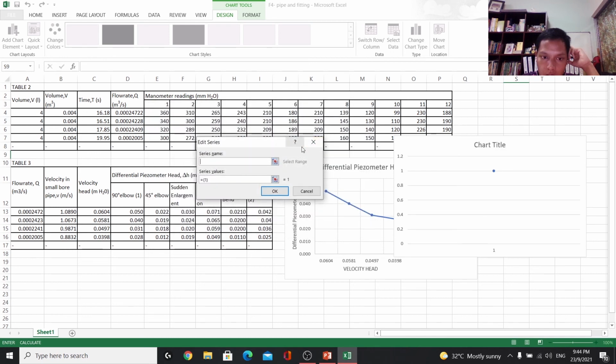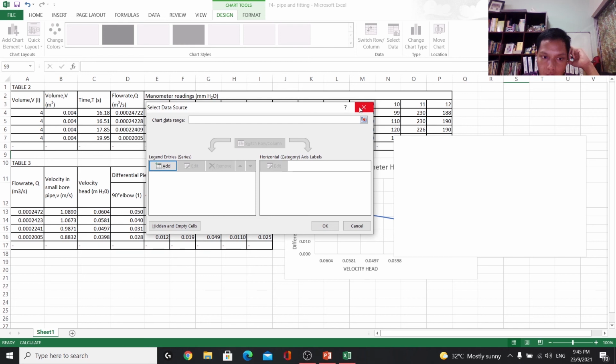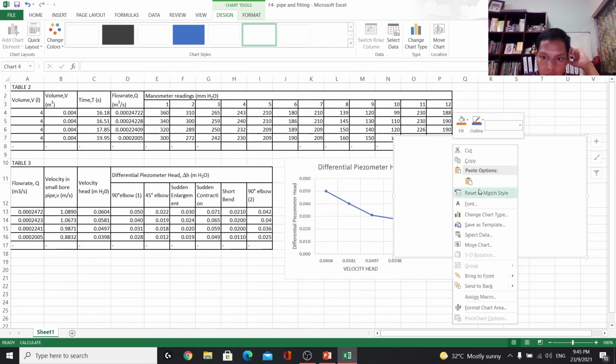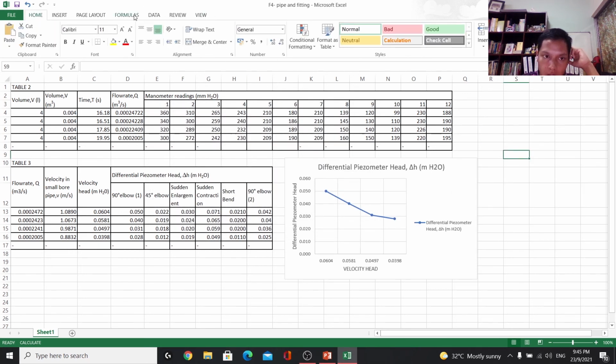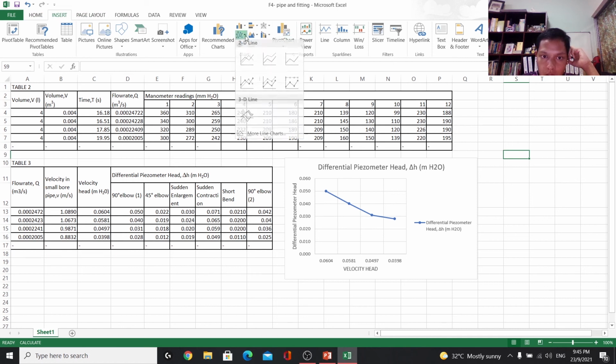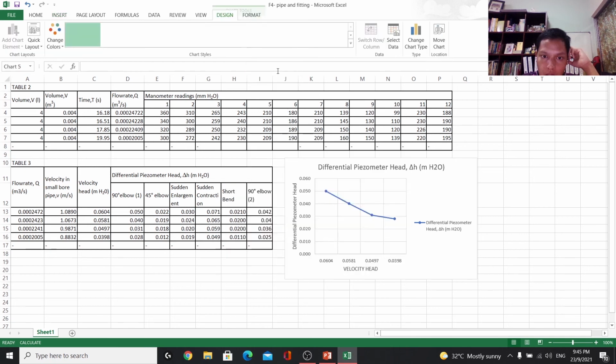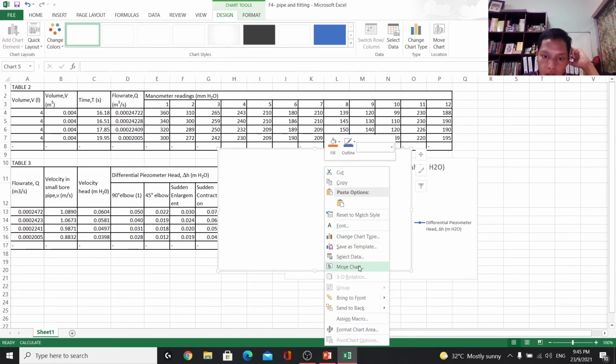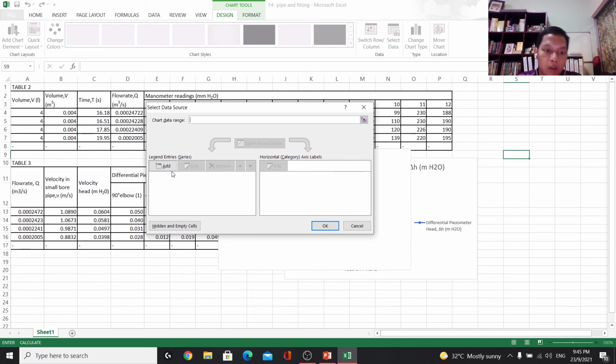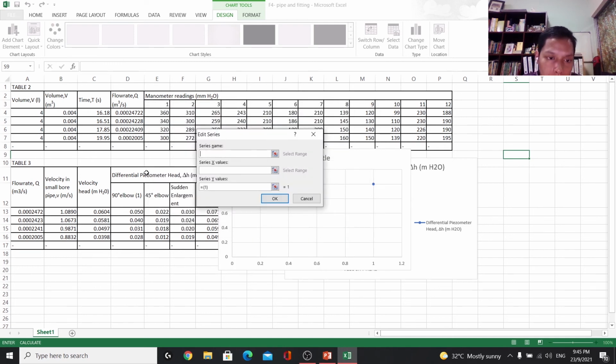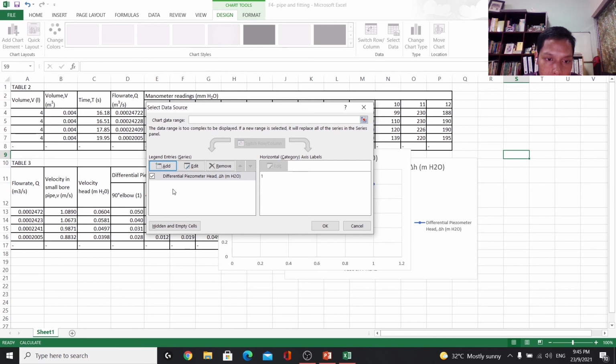It is the wrong chart, so we can't do it directly, so we put scatter, we select data, we add here, so choose here, I choose this one, so we okay, and then we